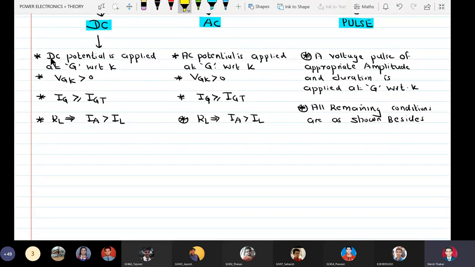So in DC triggering, a DC potential is applied, in AC triggering an AC potential is applied, and in pulse triggering a voltage pulse is applied. But the important care to be taken is that the voltage pulse should have the appropriate amplitude and also the duration. Otherwise everything is the same.